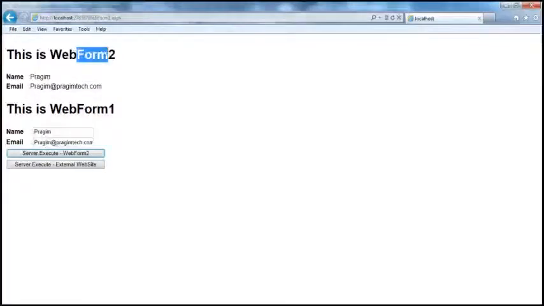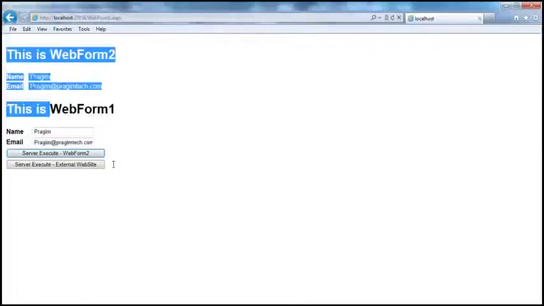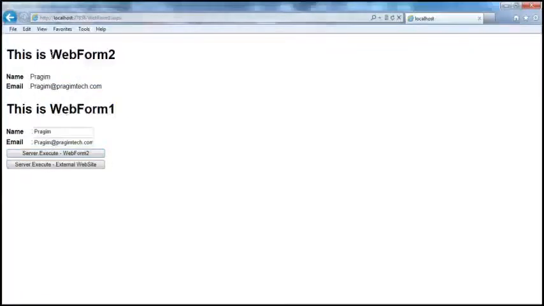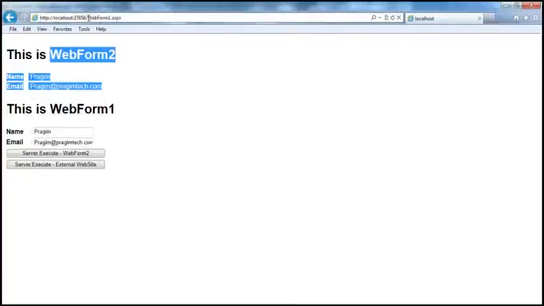So we are on web form 2. Look at that. This is the primary difference between server.transfer and server.execute. Now we are still on web form 1, but web form 2 result is also shown here. And look at the URL. The URL is still web form 1. Okay, so